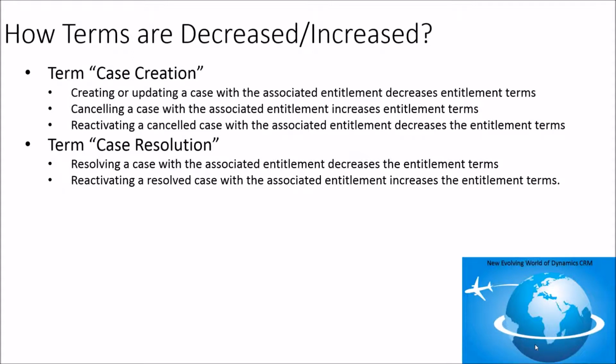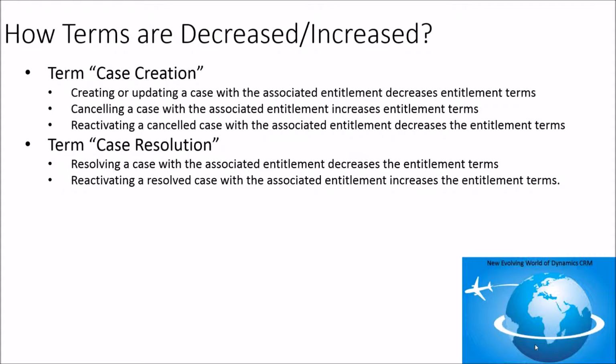So let's take a scenario where my term is on number of cases, and it is for the case creation. Whether the term is number of cases or hours of the cases, in both cases, if the term is case creation, that means on case creation you want to increase or decrease. What happens whenever the case is created or updated